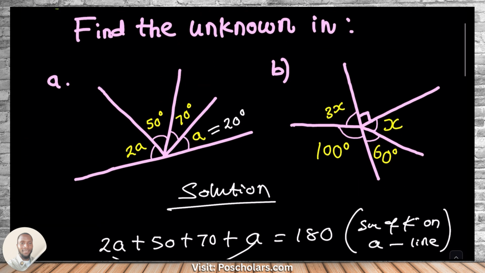Now we have solved question 1, that is letter A. Now let's solve letter B. To solve letter B, we need to understand what's going on in this diagram. If you check this diagram very well, you will see that it's looking like a full circle, and if